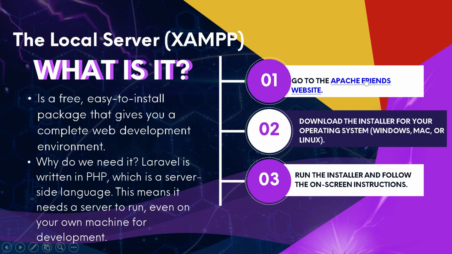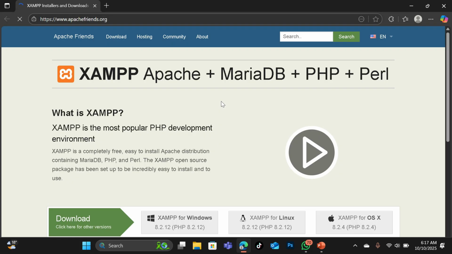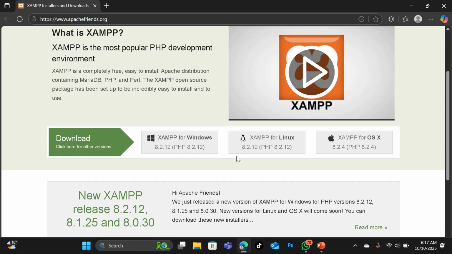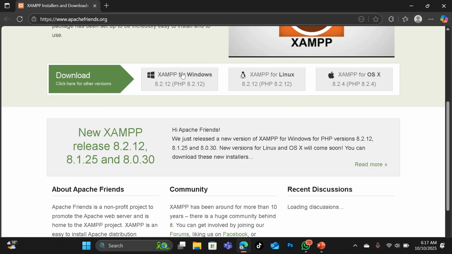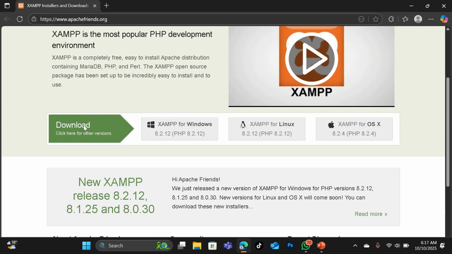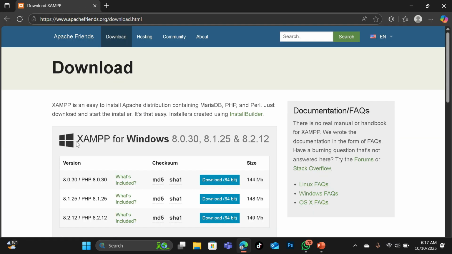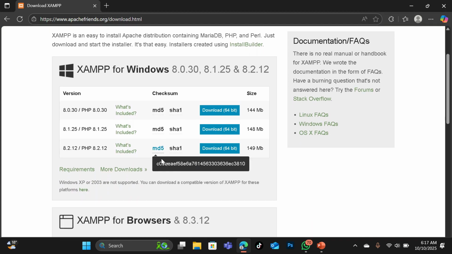You go to the Apache Friends website. On the website, we have many options. We have XAMPP for Windows, XAMPP for Linux, XAMPP for OS X. However, since we are using Windows, we choose Windows. However, you can also have other versions if you don't want the latest version. So you just click there and have the different versions: